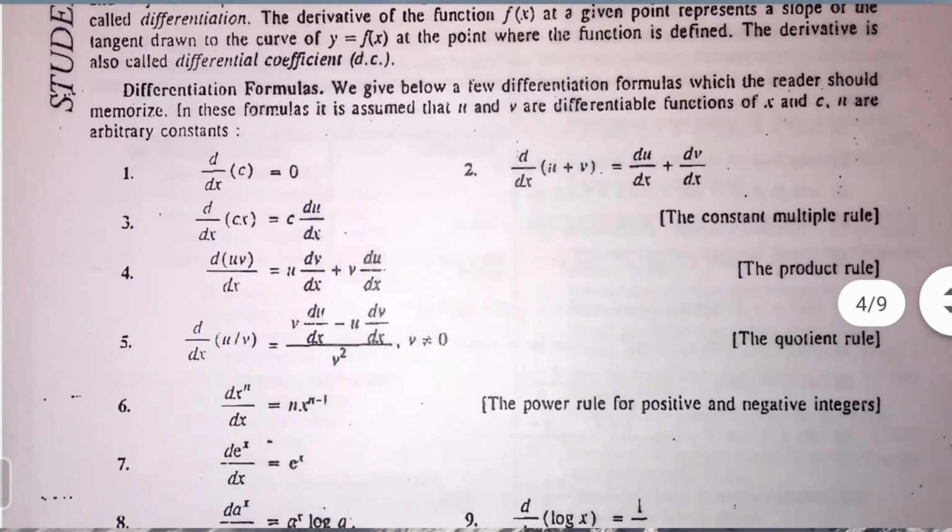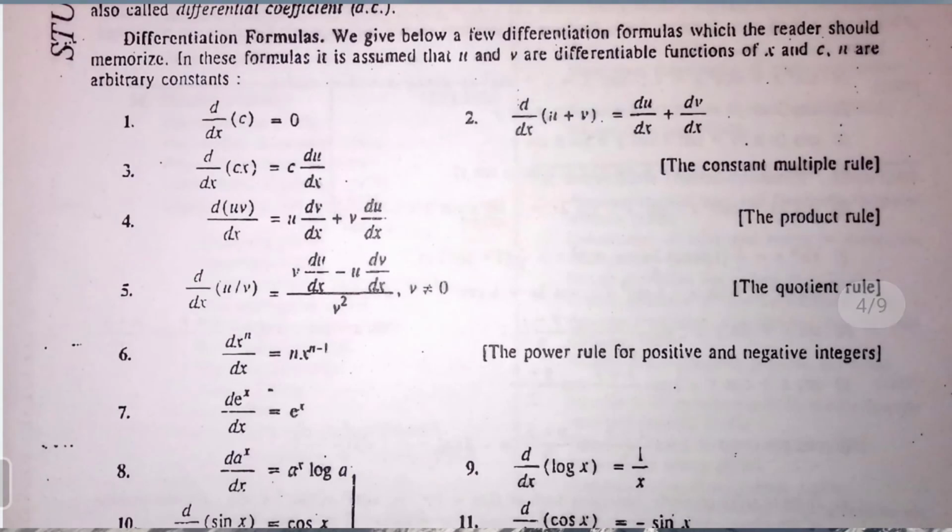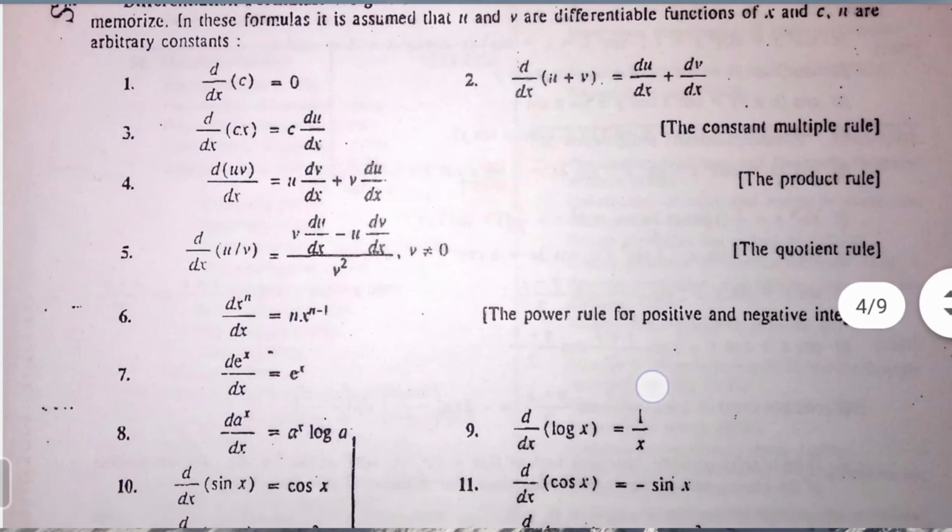But suppose some other formula appears in your exam, then the simplification process will be given to you as a hint. So you need not remember the various complex formulas, but you should remember the basic formulas. In these notes and in this lecture we will see only some basic formulas. If some complex formulas are there in the exam, then their simplification will be provided to you, okay.